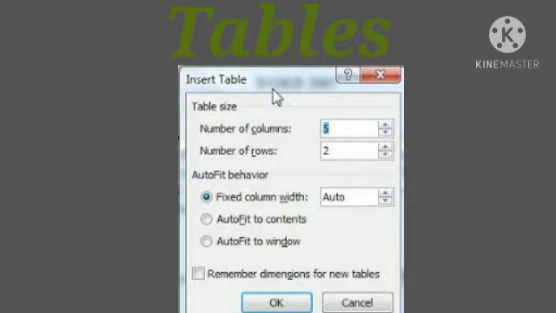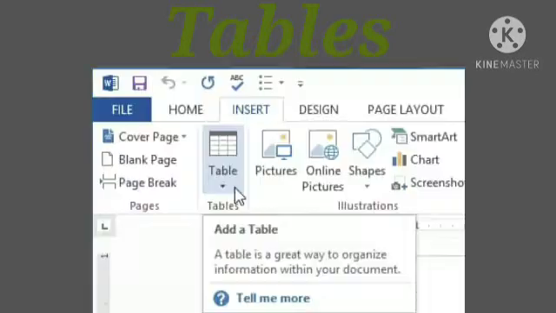Tables are a very effective tool of presenting data in the form of rows and columns. A row is the horizontal series of cells and a column is a vertical series of cells. A single rectangular unit of a table is called a cell. A cell is the intersection of row and column. Tables can be customized and are useful for various tasks of presenting text and numerical information.